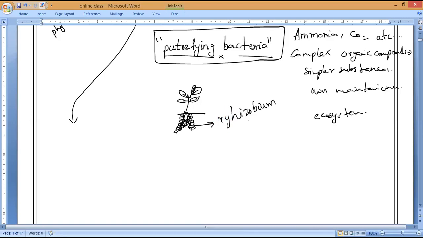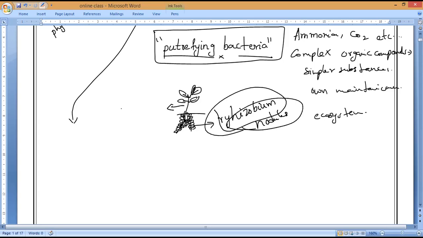So please remember nitrogen fixation. Rhizobium nodules, we can say, are rhizobium bacteria on a groundnut root. So that is what you need to remember. If you pluck the groundnut, you can notice them on the roots, like bumps. That is why we call it rhizobium bacteria, which helps to fix the nitrogen in groundnut plants.